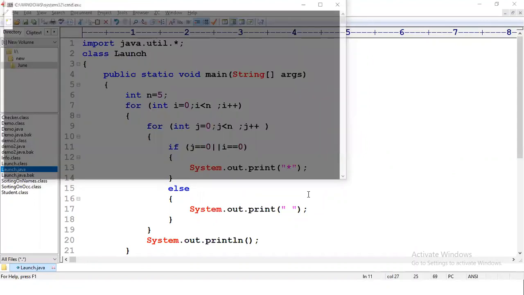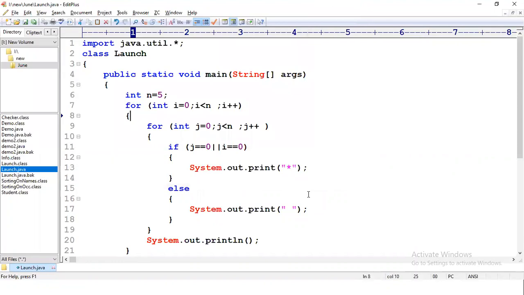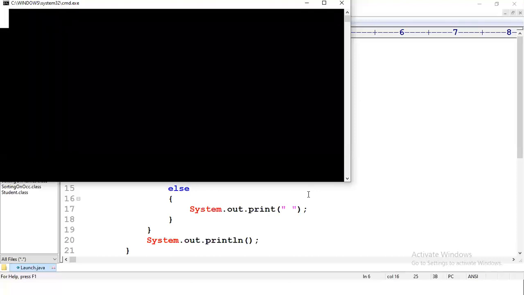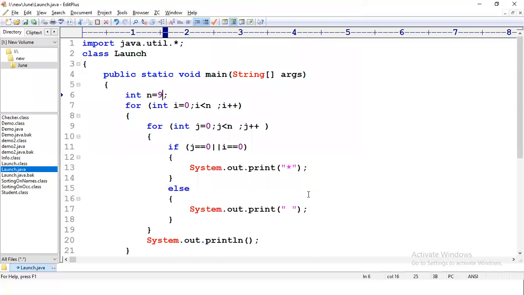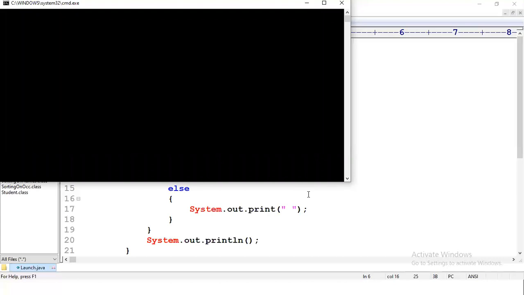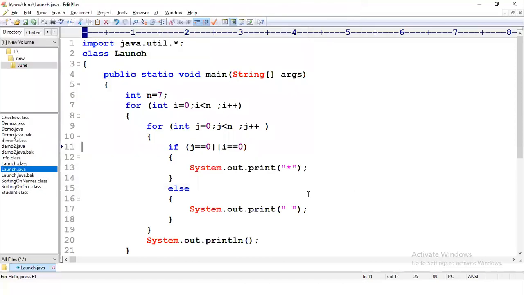But this horizontal line, I don't want completely. So first, what I'll do is I'll change the n value, maybe to 9, so that when the square is bigger, we can see it more clearly. Okay, so I think n value I'll make it as 7. Let's see. Okay, I got that line. Next, I want to limit that line. So I, and operator, j is less than or equals to n by 2. N by 2.